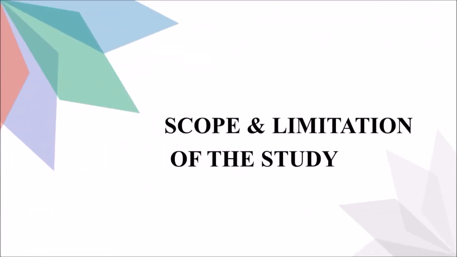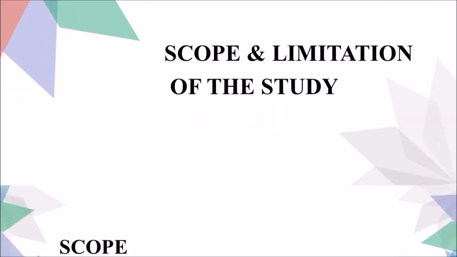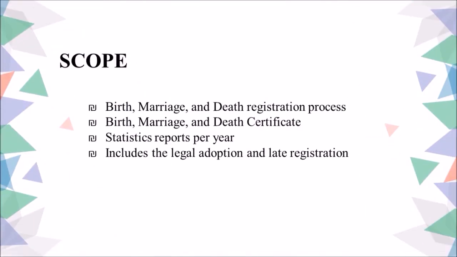Scope and limitation. The scope of the study covers the birth, marriage, and death registration process. Requested documents that will be generated will include birth certificate, marriage certificate, and death certificate. In addition, late registration, legal adoption, and statistical reports on birth and death by gender per year will also be